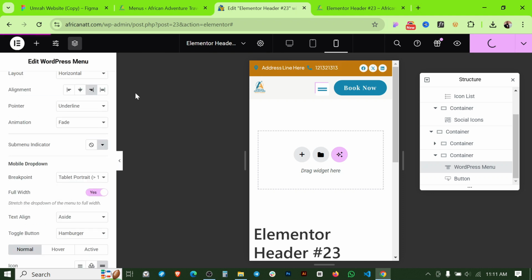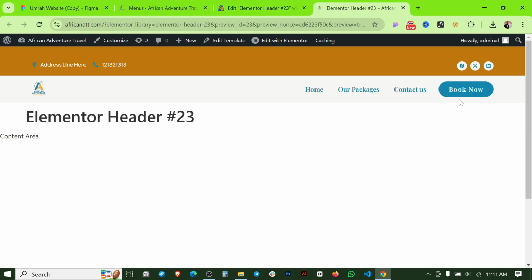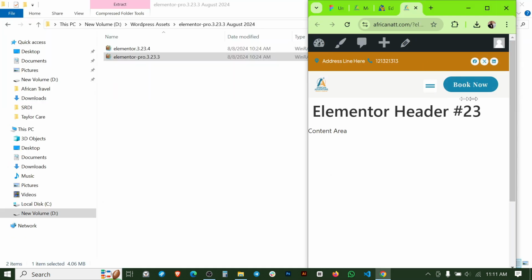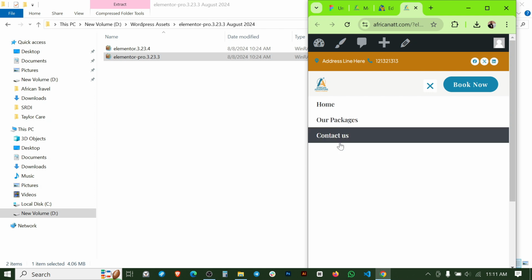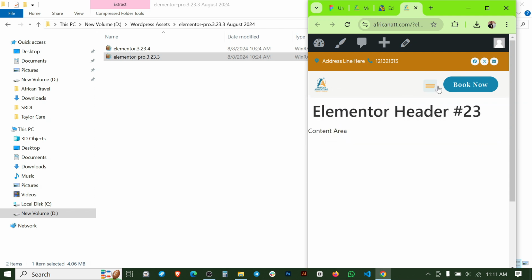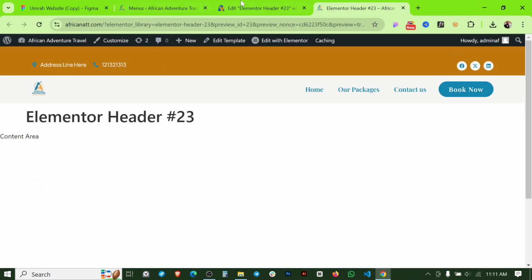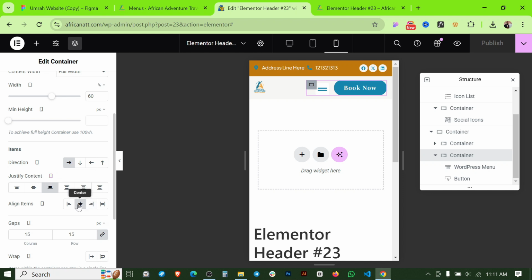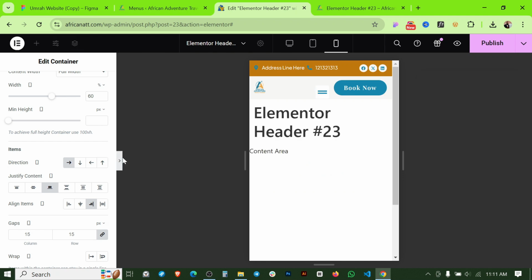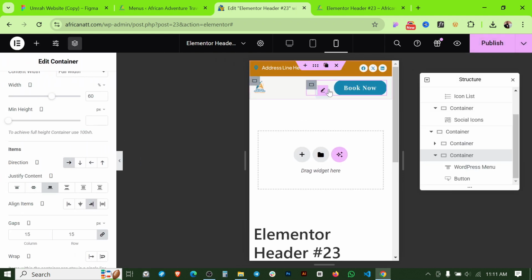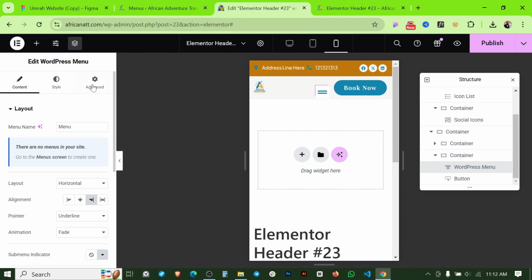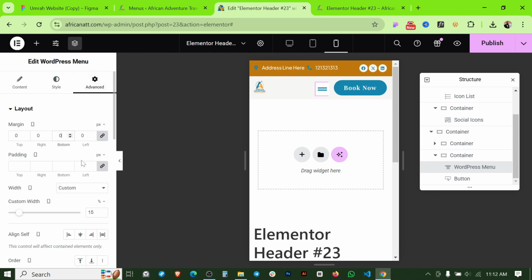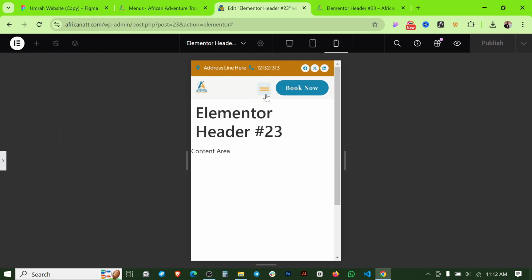And if I hit publish, and if I view it again, if I click here, you can see it is happening here. Okay, so we're done with these two sections for now. And if I click here again, and if I make this to center to end, it will be ending like that. Okay, we have to do something else here. So if I click on the container, and let's make it 0, it is like that. Okay,